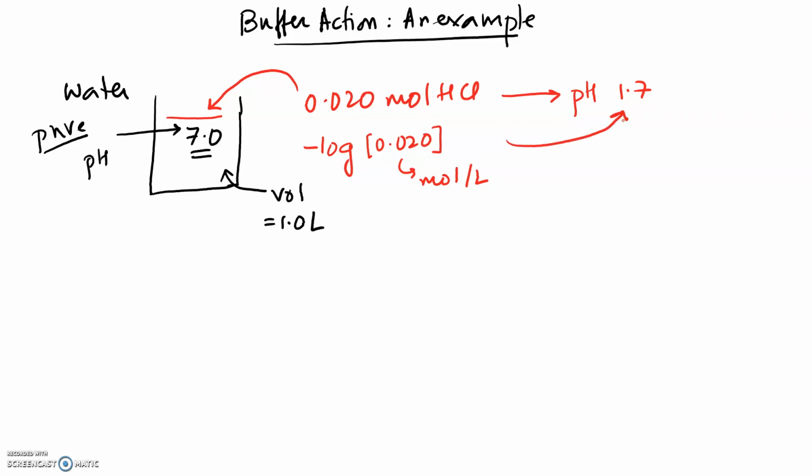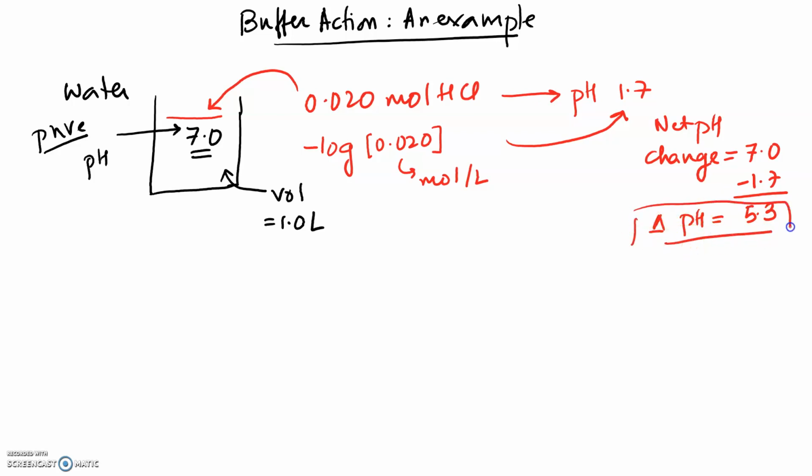So therefore, the net pH change is equal to 7.0 minus 1.7, which gives you 5.3. That's the pH change. I'm going to call that delta pH, okay? I'm going to keep that there. Okay, and then on the other hand, if we decide to add, instead of 0.020 moles of HCl,